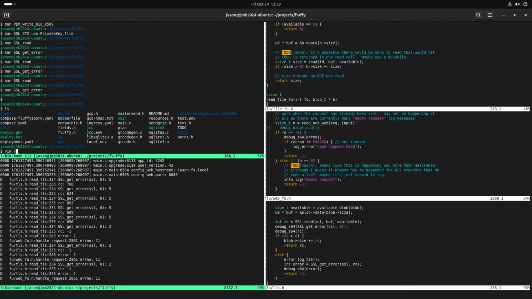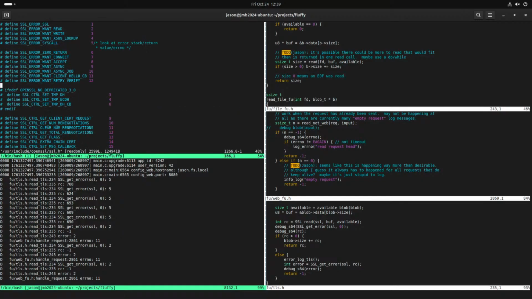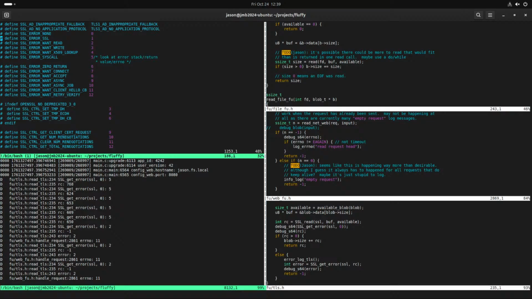Pass in a 5. What is it? 5 error syscall. Look at the stack, return value, errno. So if it's got these things, you look at errno. So if it returns 0,